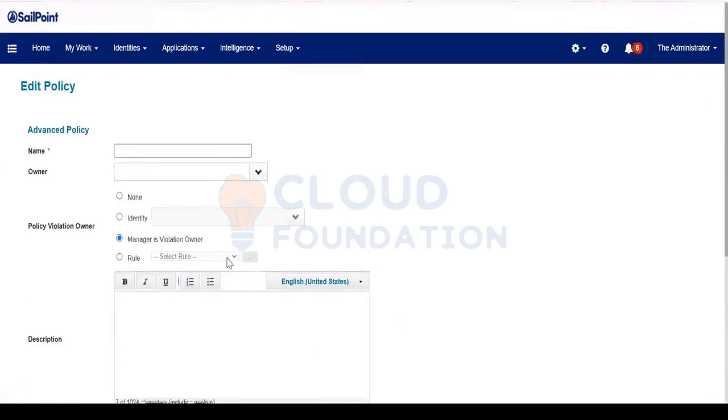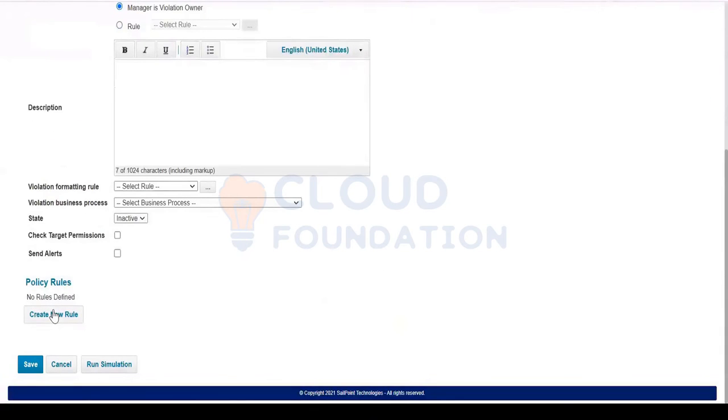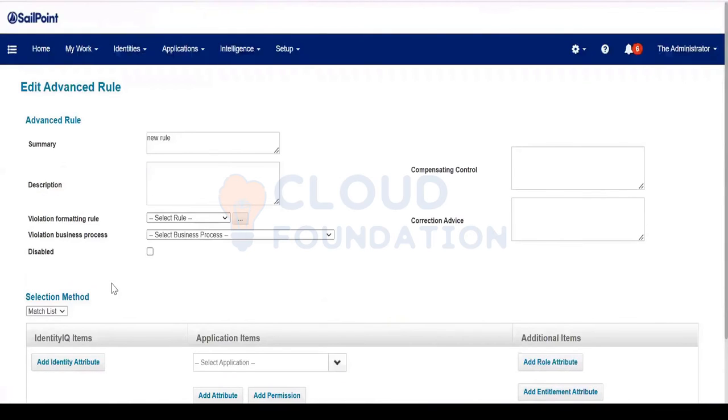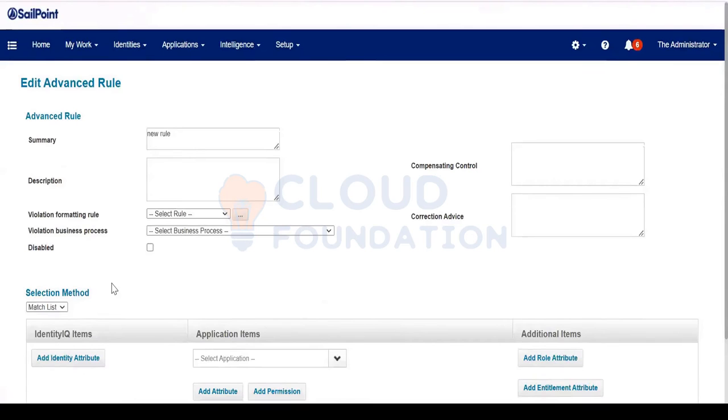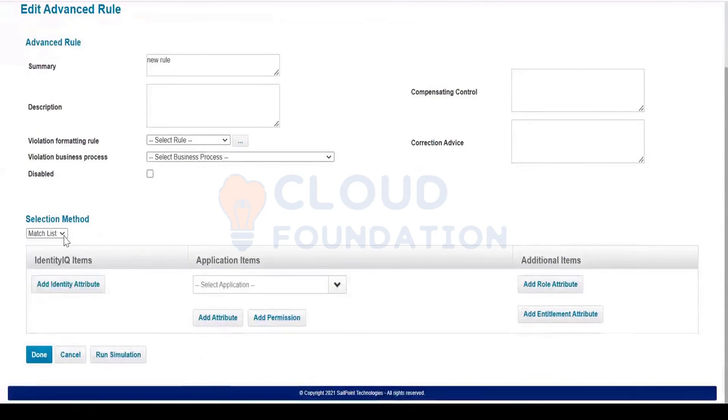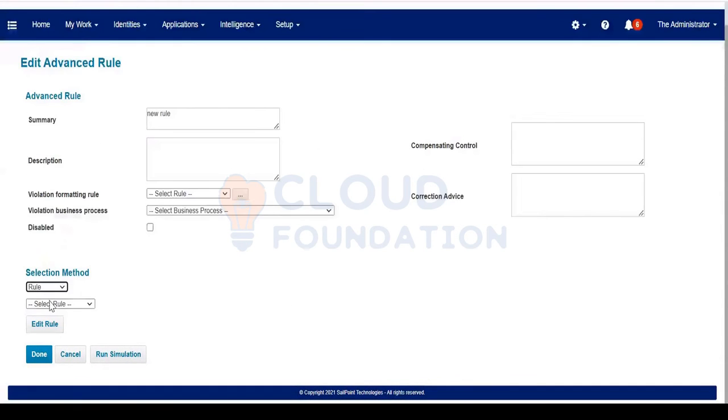I have explained one requirement, right? Let's say we should not allow a newly joining user to submit a request before they are joining. In such scenarios, we can use this advanced policy by writing a rule. Whenever the rule satisfies this policy, a violation will be triggered. This is going to be the fourth policy, called advanced policy.